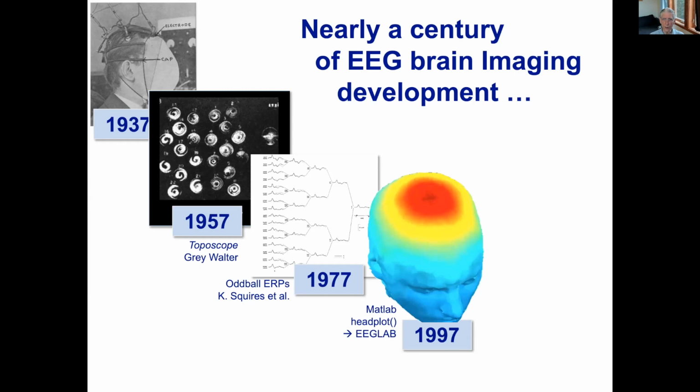However, by the next 20 years, the continuing advances in available computer power, and packages such as MATLAB, made it possible to image the current distribution over the scalp at one time point, or to make movies of it, to do lots of signal processing with the EEG, and that's when we began putting out functions in the form of MATLAB functions that people could use on their data, and we called it EEGLAB.